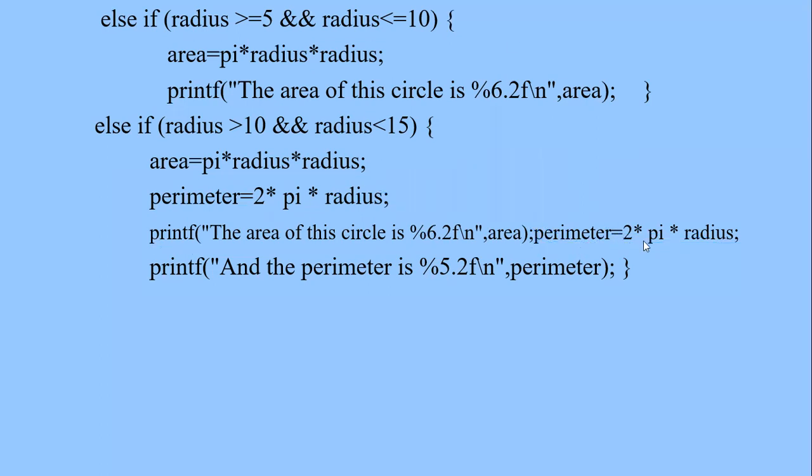Perimeter equals 2 times pi times radius. It is not part of the statement for displaying on the screen, so let's not confuse the two. I have just placed it at this point to show you that when we terminate a statement using a semicolon,